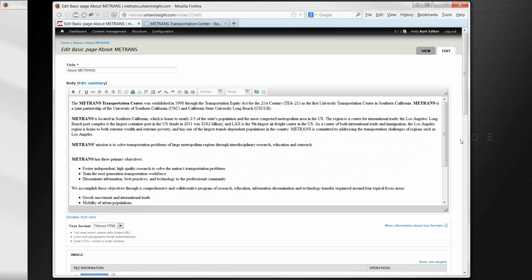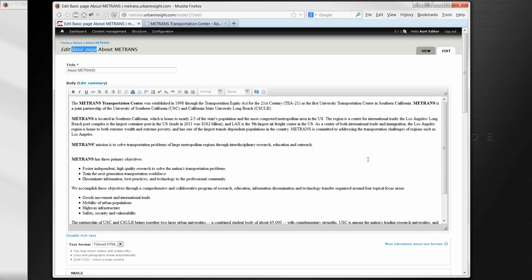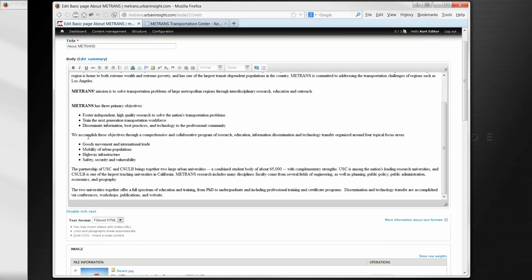what I now see is a form that's used for maintaining this content. And what we're looking at is what we call a basic page. It's the most fundamental content type for Drupal. And as the name implies, it's very basic. If I just want to create a simple, what otherwise would be a normal HTML page, with all the freedom that comes with that in terms of layout and content, that's what this enables me to do. So the About page in this case is a very simple Drupal page, and it's maintained with